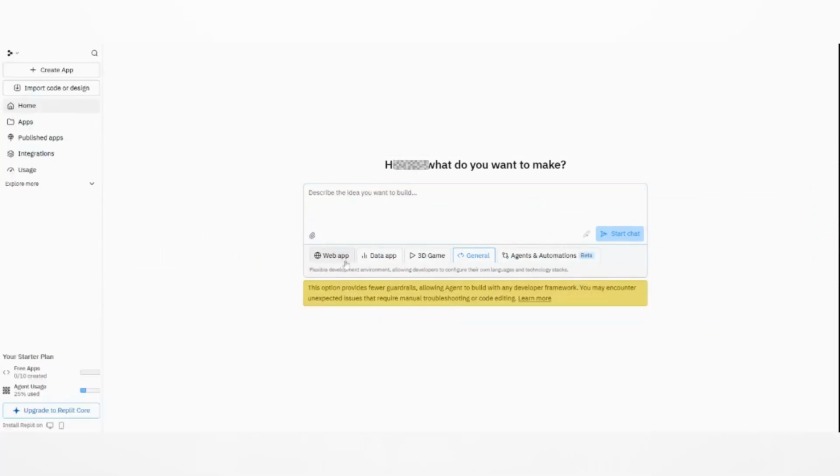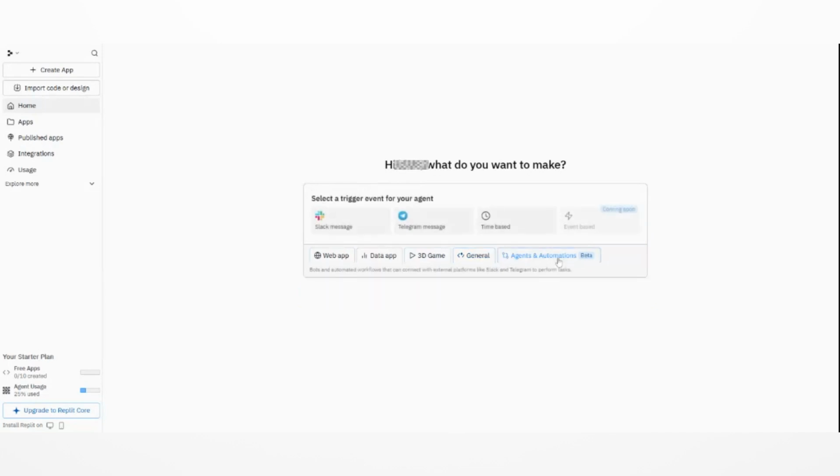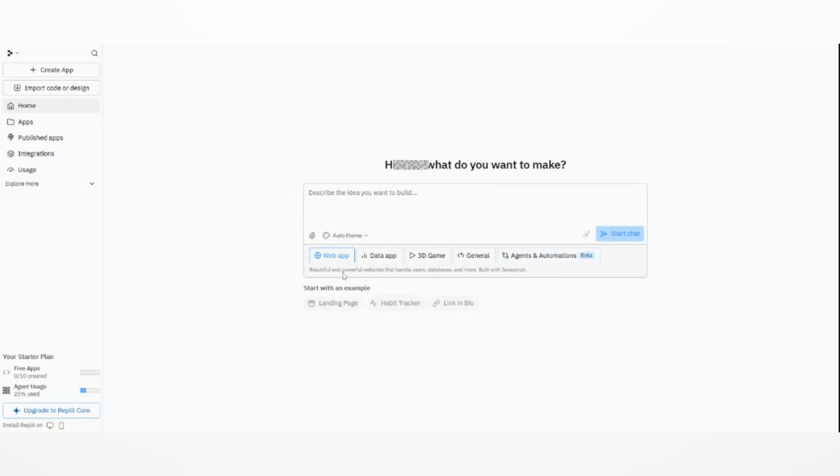inside the editor. When you open Replit, you will see a small agent button on the right side of your screen. Clicking it will open a chat panel. This is where you can type your commands or questions. You can ask the agent to write code, explain something, or even create a new file for you. For example, you can type, create a Python script that calculates the area of a circle, and the agent will